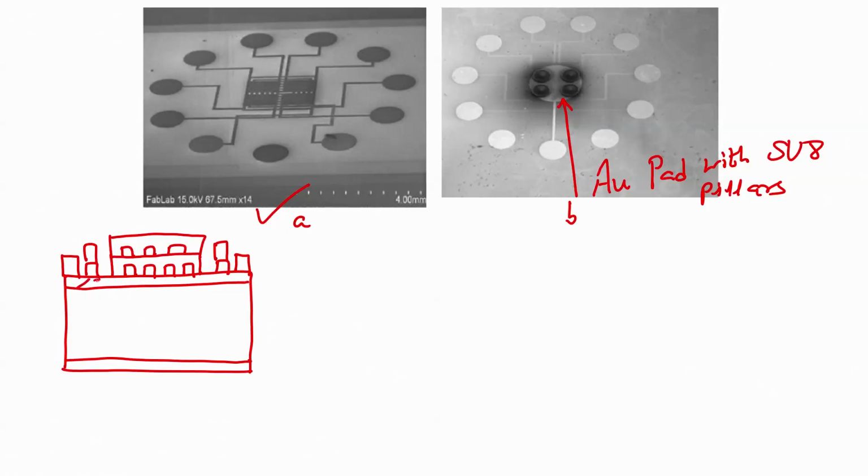So, if I just draw it to make sure that we both, you guys and me, are on the same page. What is this? This is your SiO2, this is silicon, this is SiO2.